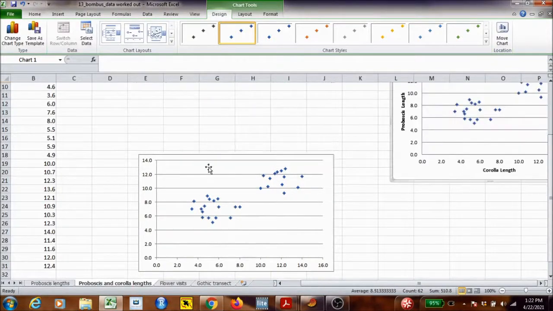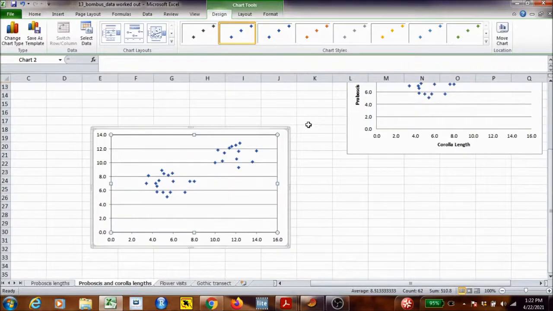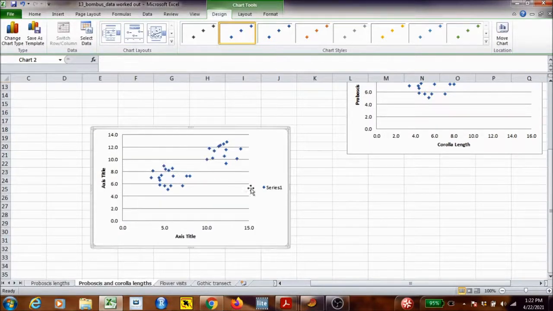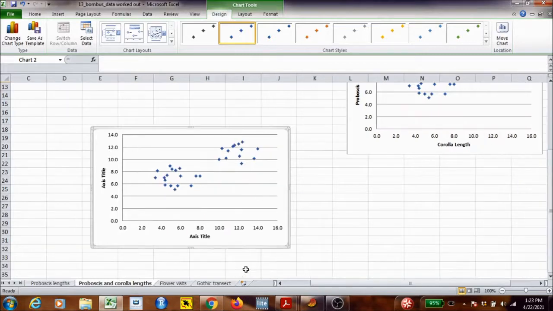It's not going to go away easily, so let me just get it out of the way. There we go. Okay, so now let's just look at this graph. This doesn't have any labels or anything of that sort on it, so let's fix that. Let's highlight this graph, select this option over here and click on that. Now I can get rid of my chart title, get rid of Series 1, like that. And now I can click on Axis Title right there, delete those things, and put in my own title. And this is going to be Corolla